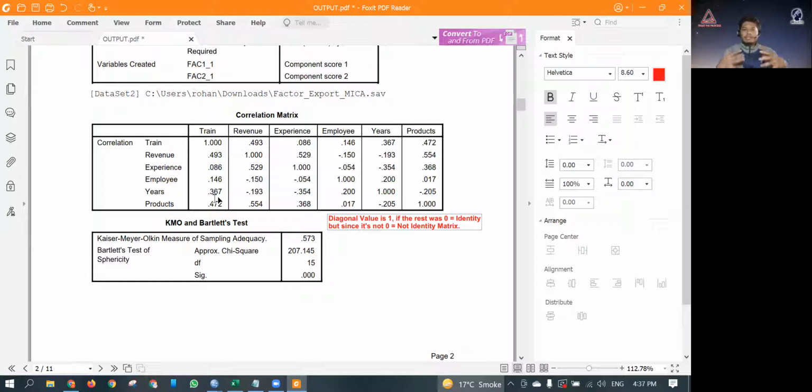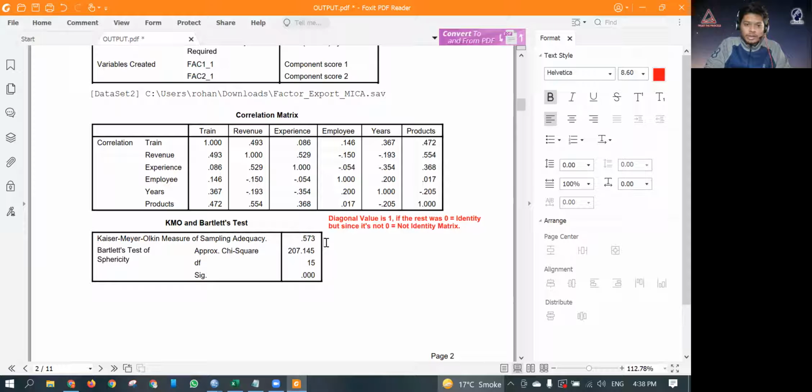So this gives you a correlation between each factor, and you can see which of the factors are correlated to each other. The reason we can't use this in regression is that regression requires that the variables should not have any correlation. But here you can see that these fields are correlated to each other. So that's why we use factor analysis to come down to two factors which are not correlated to each other. If it was not correlated, then everything else could be zero, and you could say that it's an identity matrix.